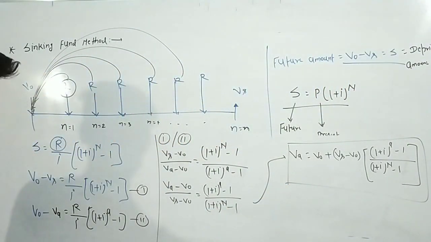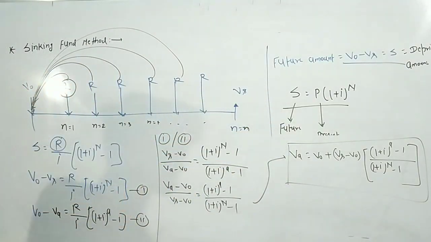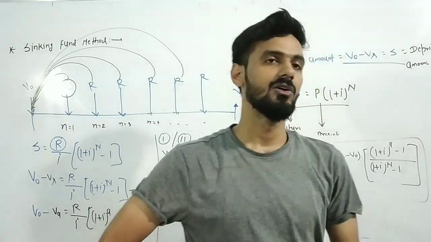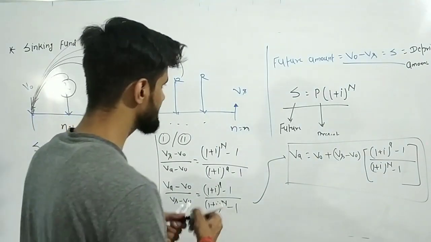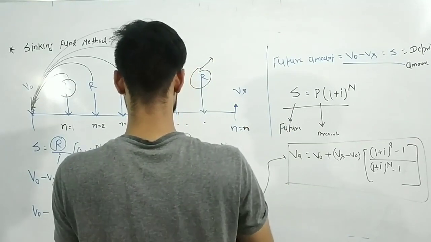Second thing is that if you see in the sinking fund method, because of the effect of interest, what will you get? The annual decrease in the asset value of the project or property is less in the early life years than in the later years. So due to the annuity concept, what will happen? You will get a very small amount of depreciation in the early stage of life as compared to the later period of life. So from there you can calculate the depreciation, and R is the value of depreciation per year.